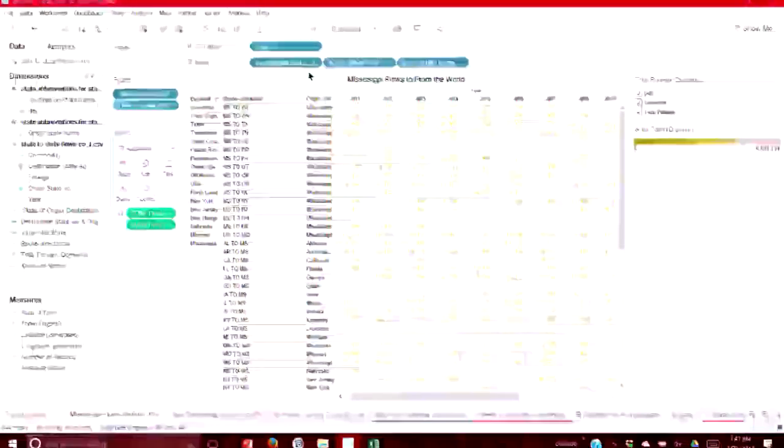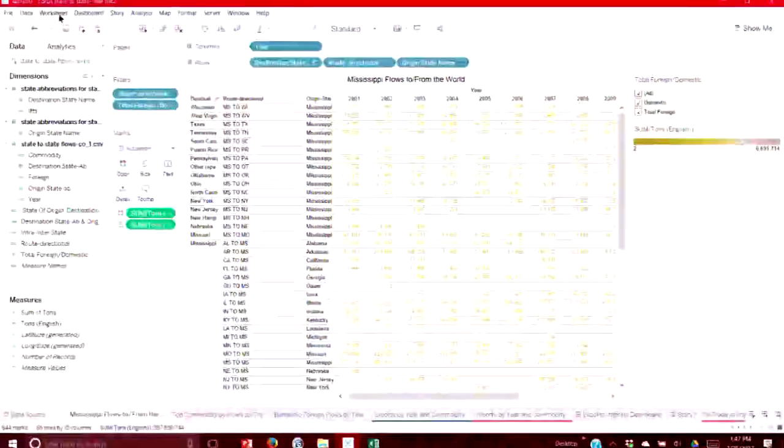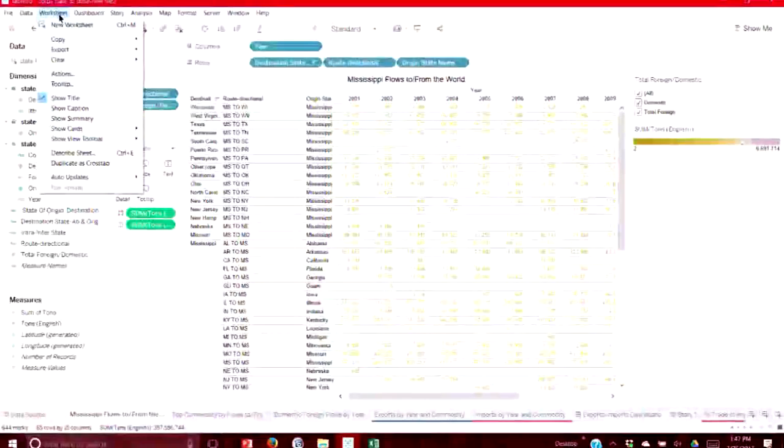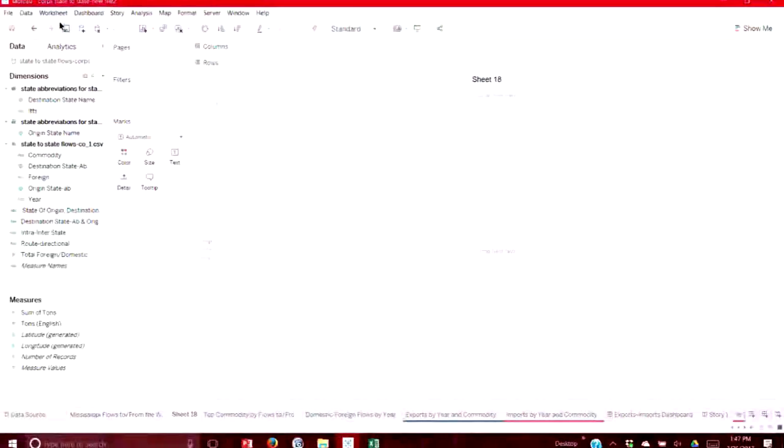Right. So basically, all I did to create this table was, in the lower filter, it says Worksheet, and we're going to do New Worksheet. So I click on New Worksheet, and I click on the Mississippi Flows just to cheat.